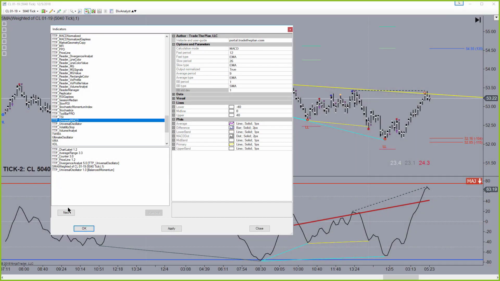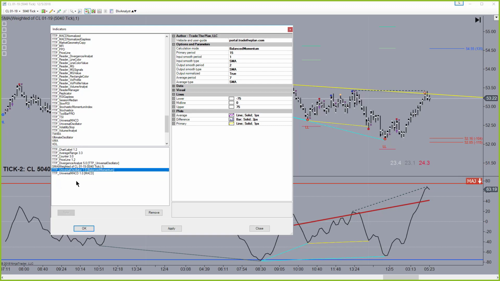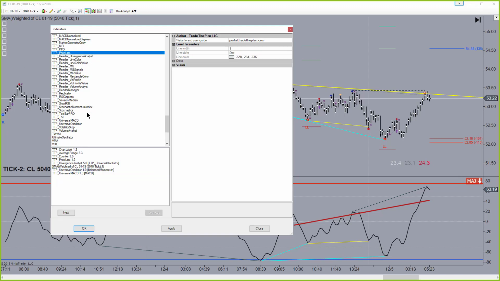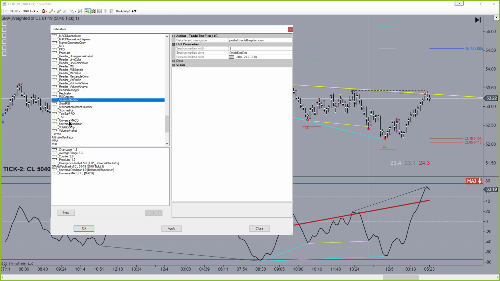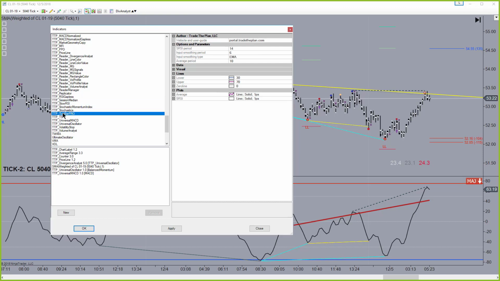The universal MACD and the universal oscillator. The price line, the volatility stop, those are all free indicators you can get elsewhere anyhow. Session median, that's pretty simple. And then the rest of these oscillators. So we have the slow RSI, the stochastics, which is the same as Ninja's stochastics, except we allow for smoothing